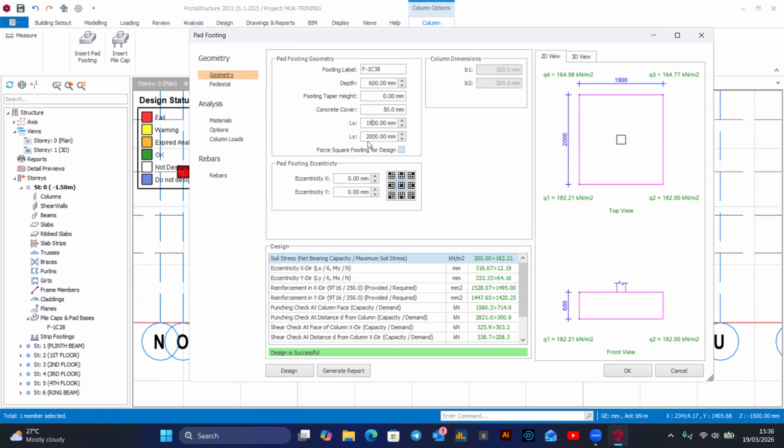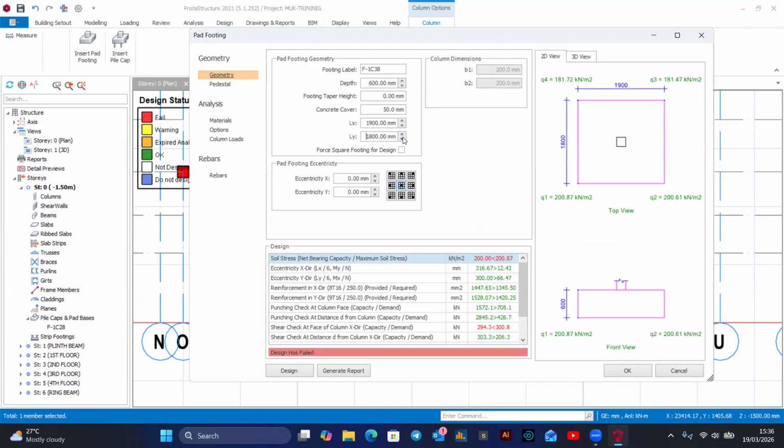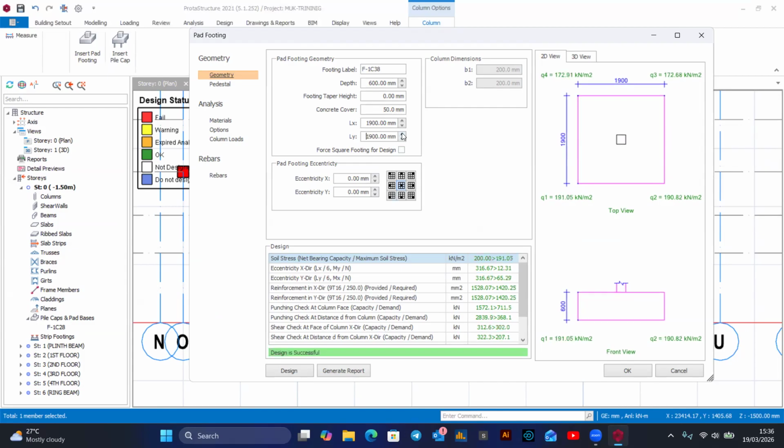So it is passing with 1.9 by 2 meters, but there's still a possibility that it could pass at a lesser size. I reduce this and it's still successful. Then I'll reduce it again. Then it fails. That means that the optimum size is going to be 1.9